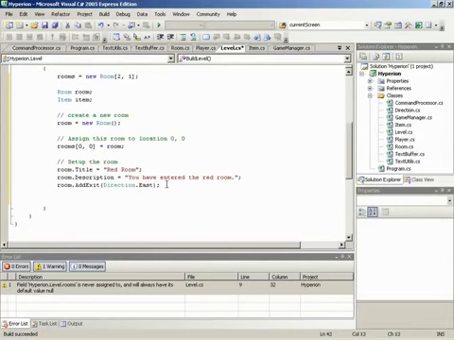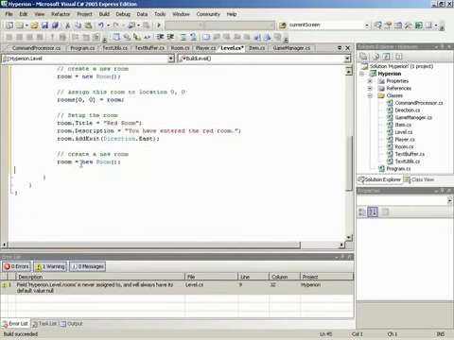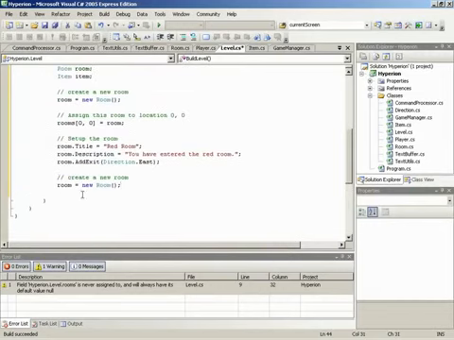Okay, fantastic. Now let's go ahead and create another room, because that's it, that's a room. I'm going to start getting a little bit lazy and using copy and paste, since we've already got the code to create a room right here. So I'll copy out our comment and our room equals new room code and paste that in below. So we're creating a new room now. A new room is held within room. Now we need to assign the room, so I'm going to copy the assignment portion of code,